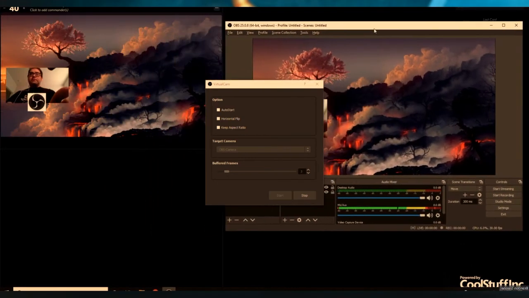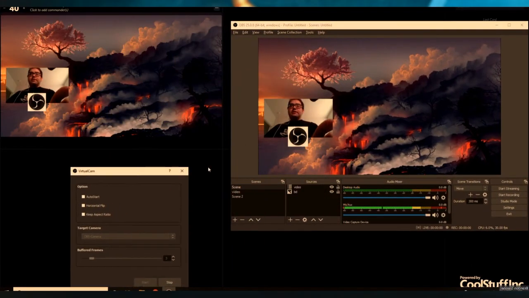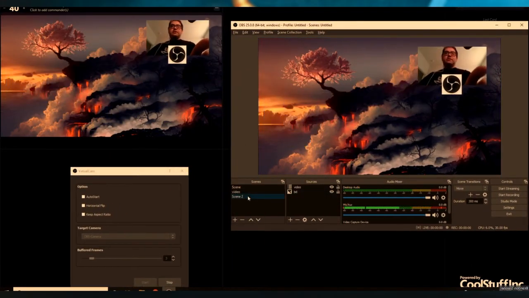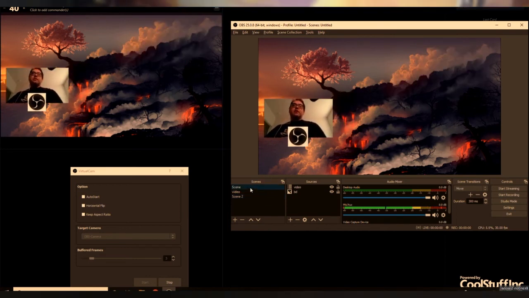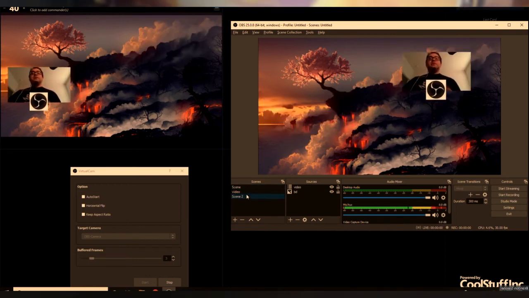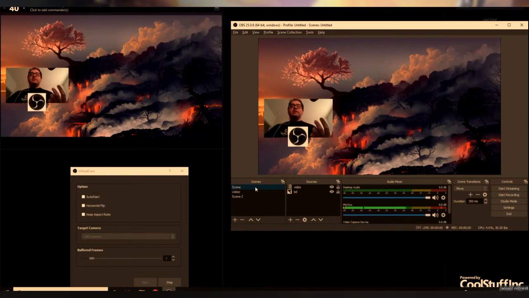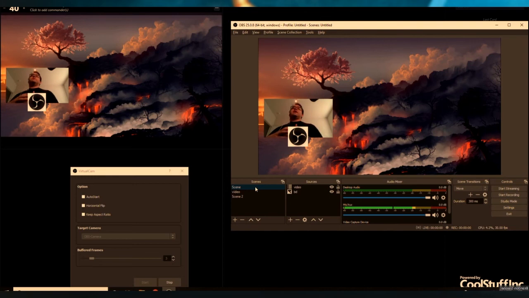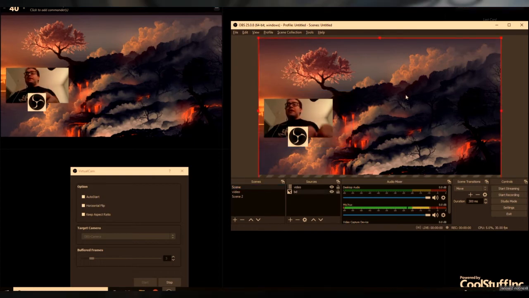And I just want to be able to show you guys what that looks like when we change scenes. So now you can see in Spell Table, we're actually able to use the scenes that we have specifically in OBS. So this is a great starting point for anyone who wants to get into live streaming. Not only that, but for people who do use Spell Table who want to add that better view or add a face cam to it if you have two cams, or even if, let's say your playmat is